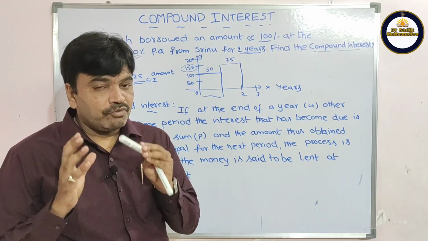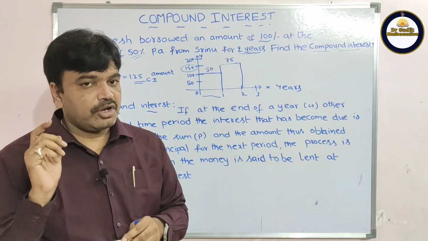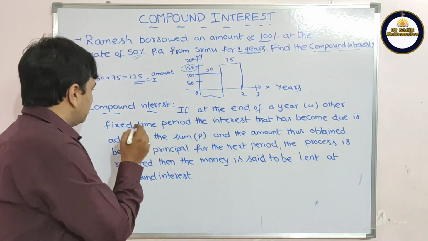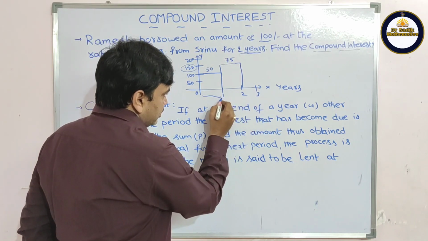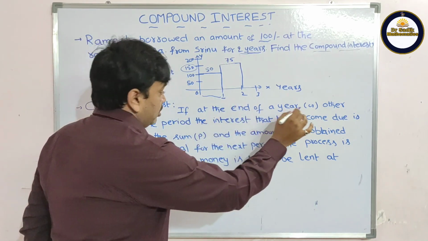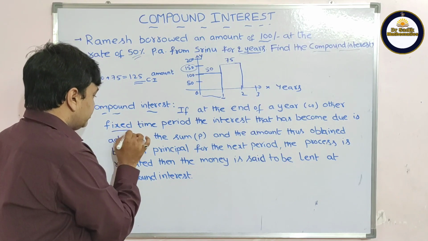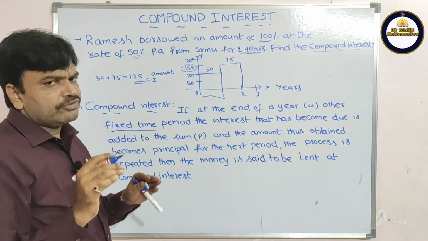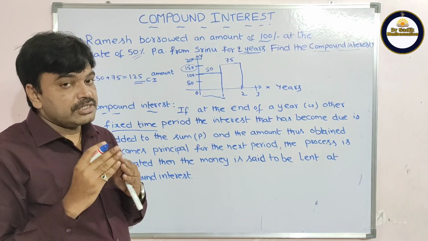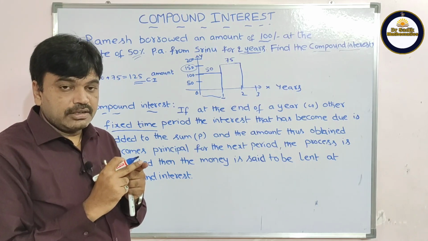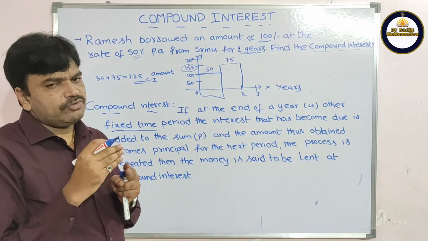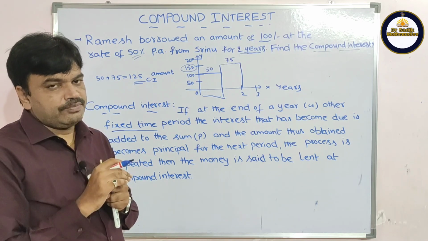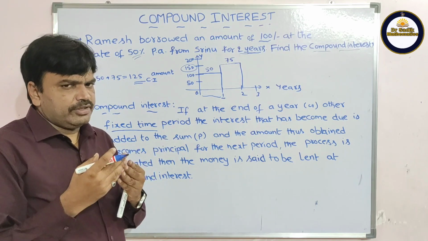Let us see the definition of compound interest. If at the end of the year, or other fixed time, and other fixed time here may be half yearly, which means 6 months, or quarterly, which means every 4 months, any fixed time period,